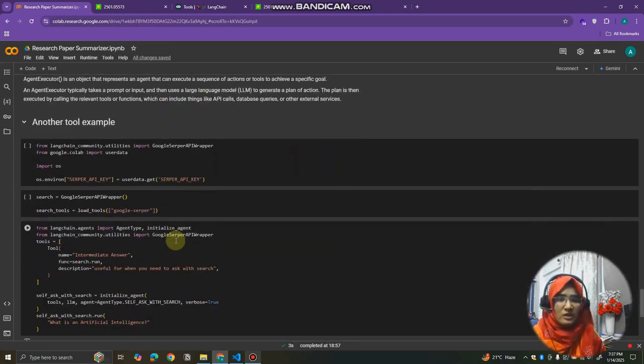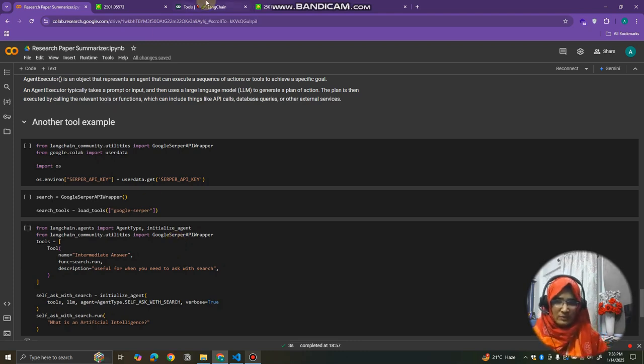Another tool example, because we actually perform a lot of experiments with the Arxiv tool. The last experiment we did was with another tool, so you will know that you can also create your own agent, you can create your own application, defining any specific task, defining any specific goal, right? And I am encouraging you to do it on your own.